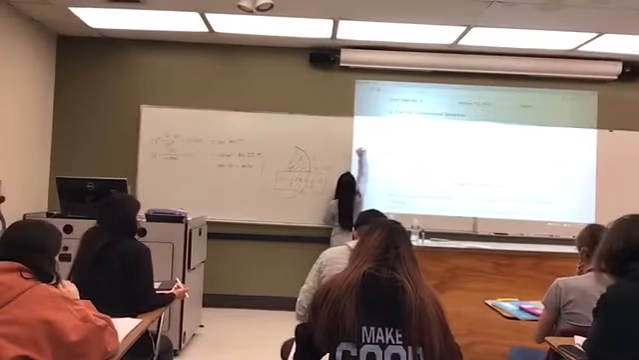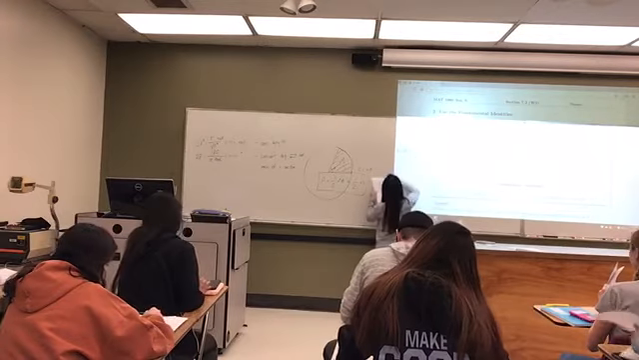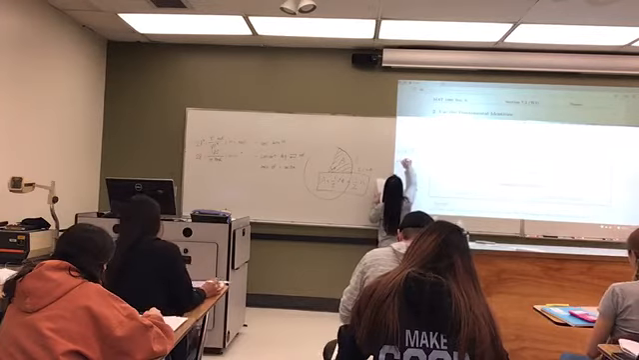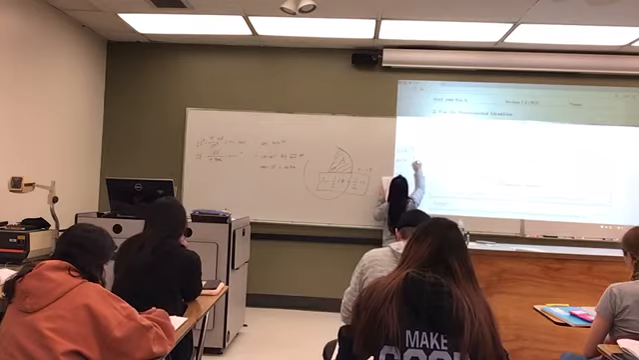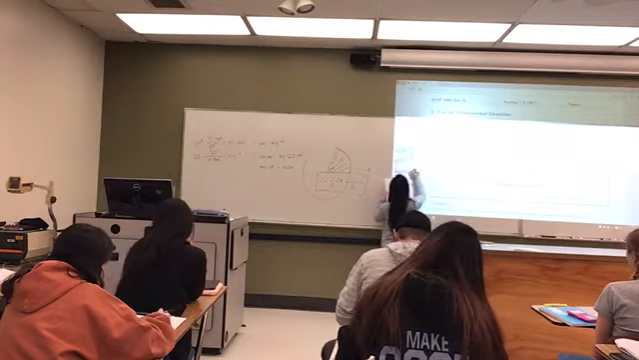So we have sine theta equals b over c, cosine of theta equals a over c, tangent of theta equals b over a. This one, cosecant, secant, and cotangent, theta, theta, theta. Okay, so